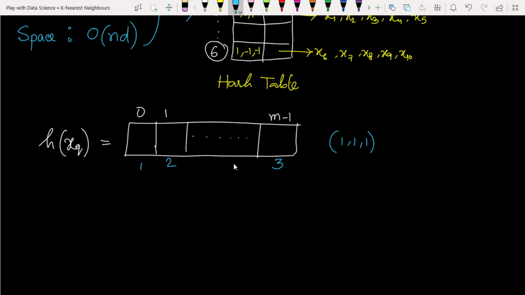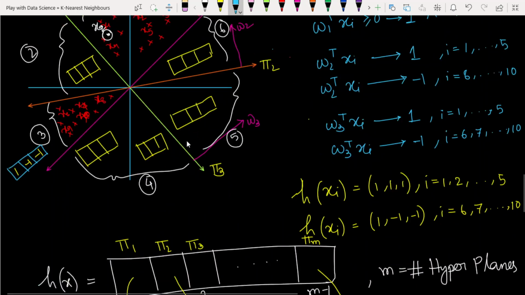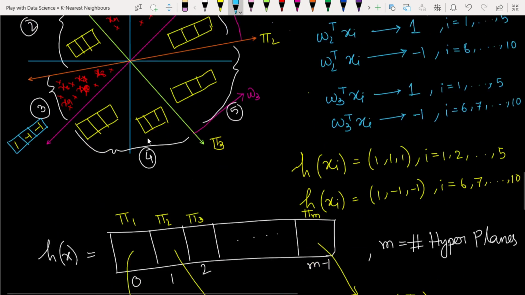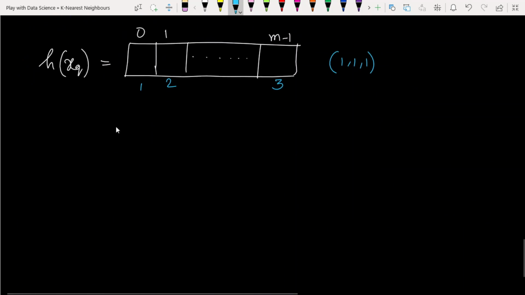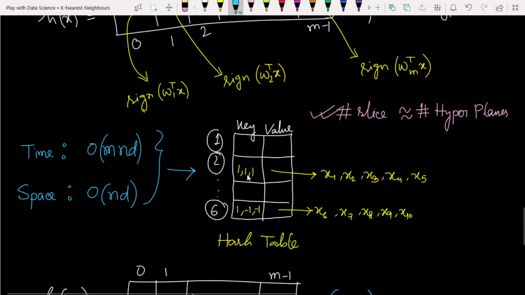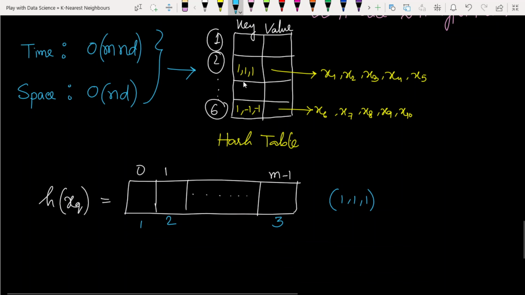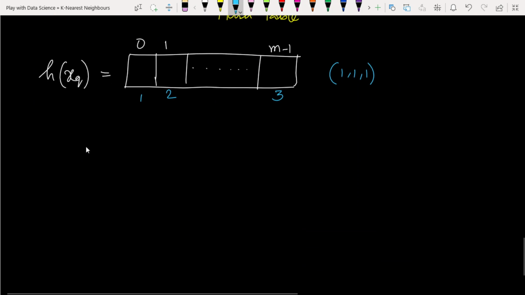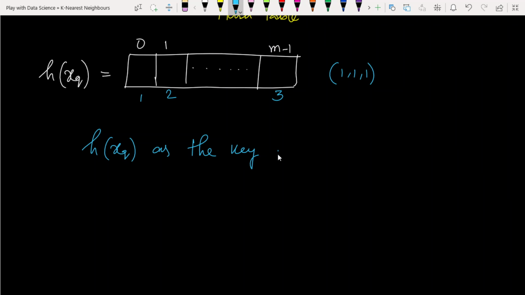If the hash value for this query point is 1 1 1, then what does this hash value mean? It simply means the key of this query point. If we get the key, then we can get its corresponding value. So what will be the value? The h of xq as the key in the hash table,